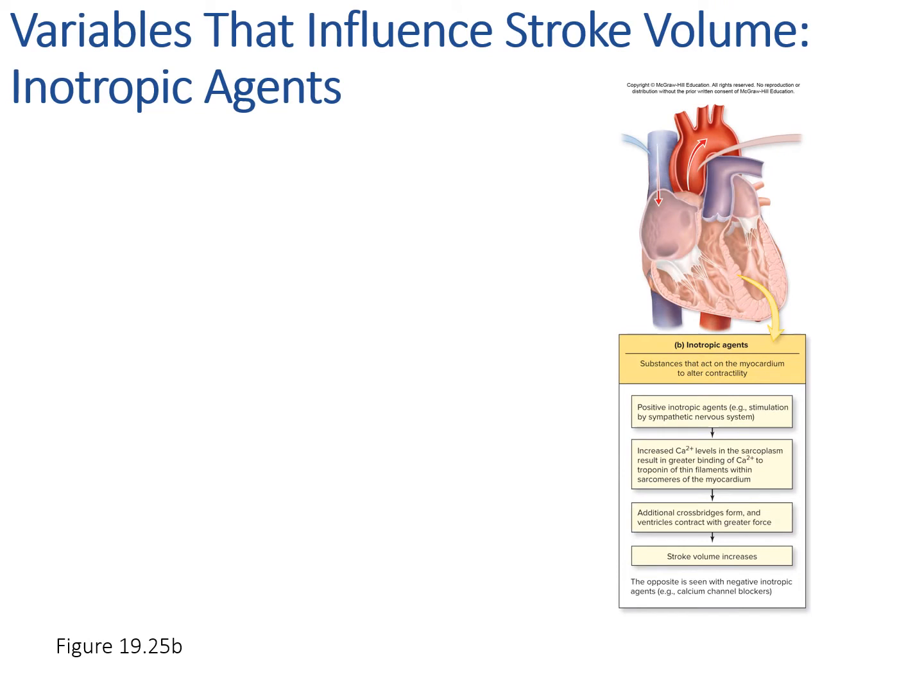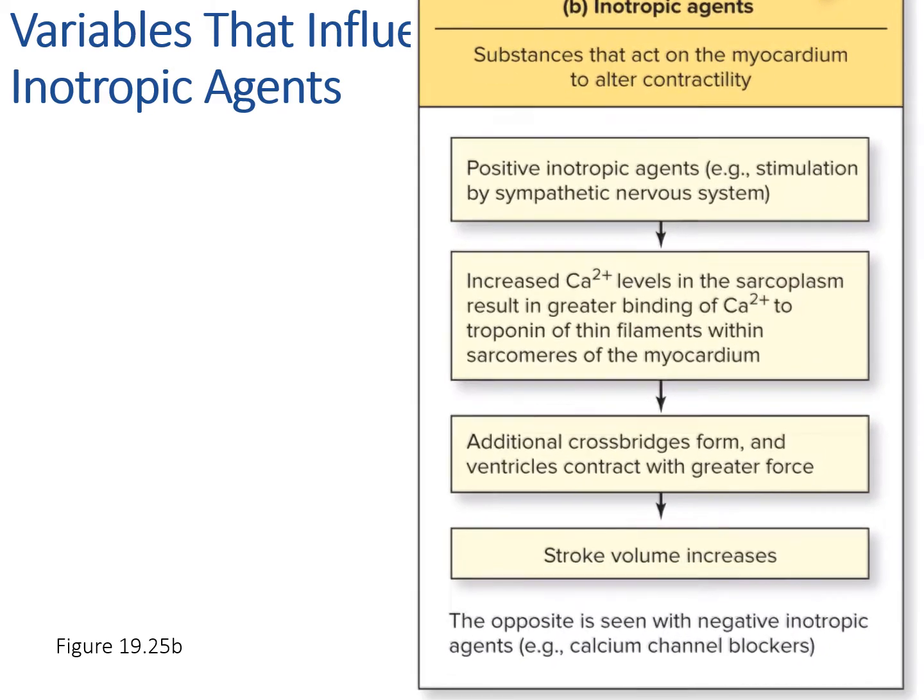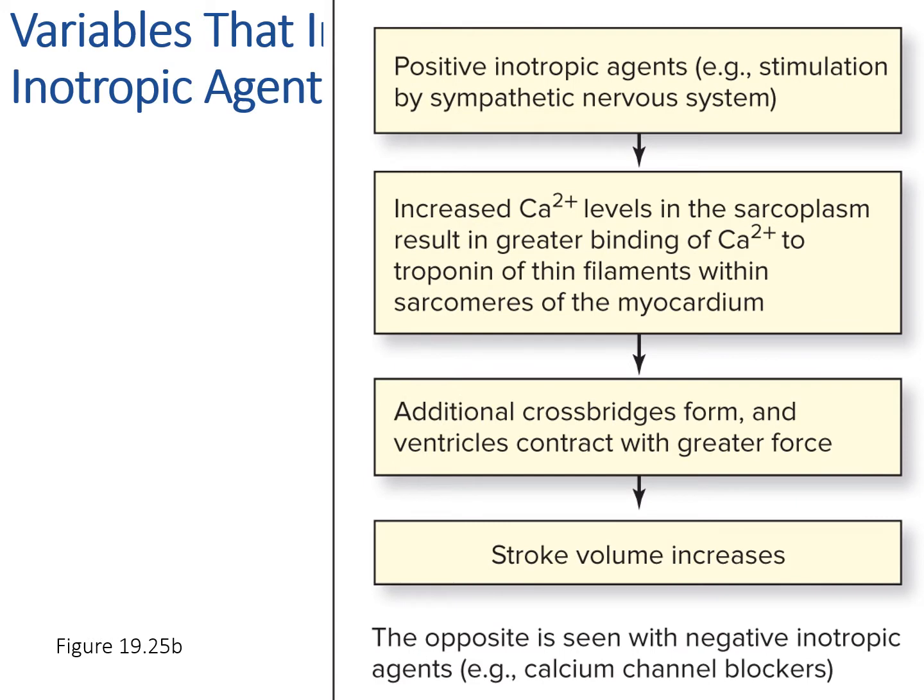There are various things that can affect the stroke volume, and here's a list of some of them. Increased sympathetic stimulation, increased calcium in there due to, as you can see, the sympathetic nervous system stimulating it. And that causes additional cross bridges to form, and just like a skeletal muscle, the cardiac muscle is stronger the more you stimulate it. There are medicines to oppose this,